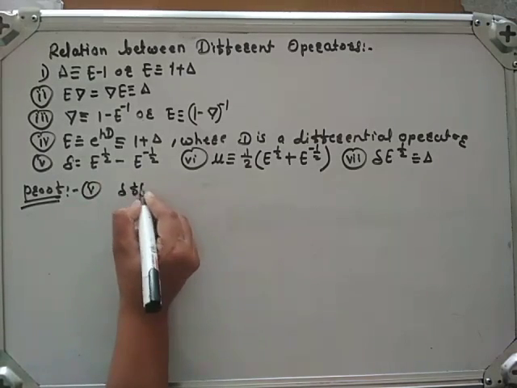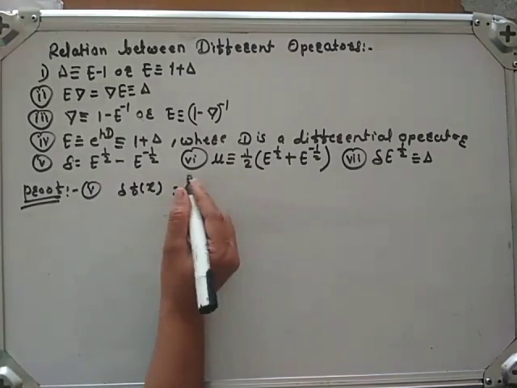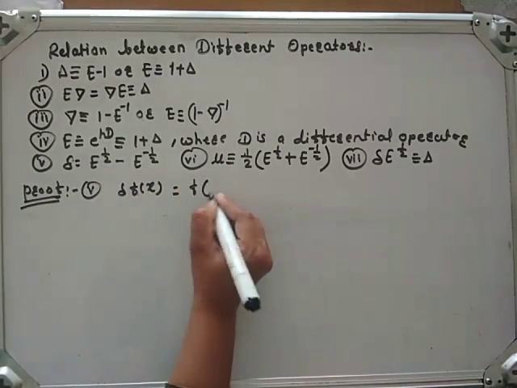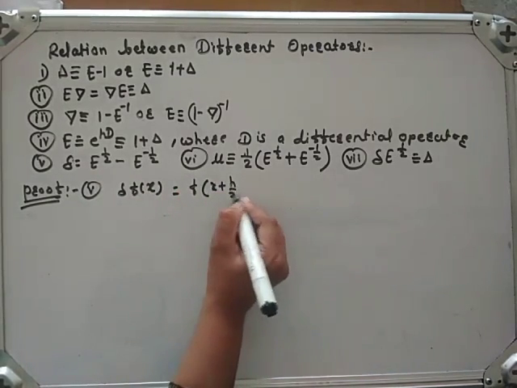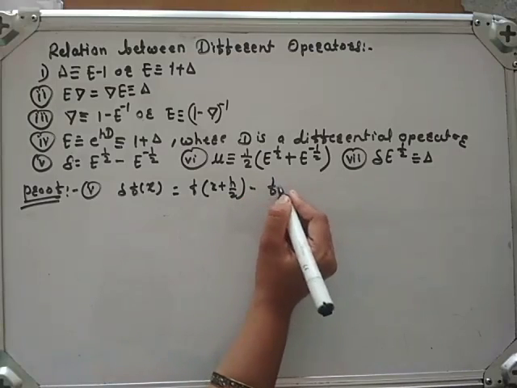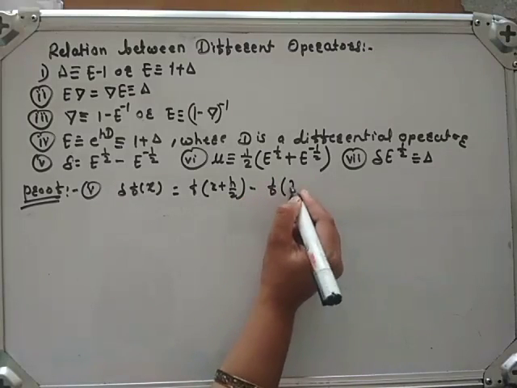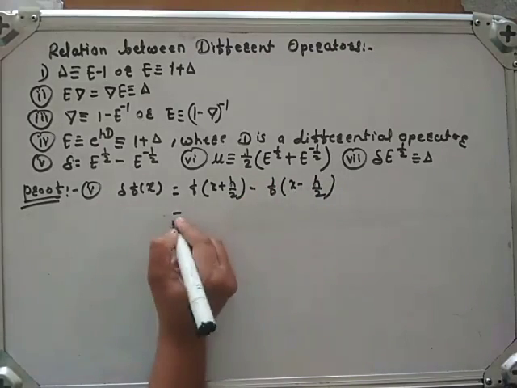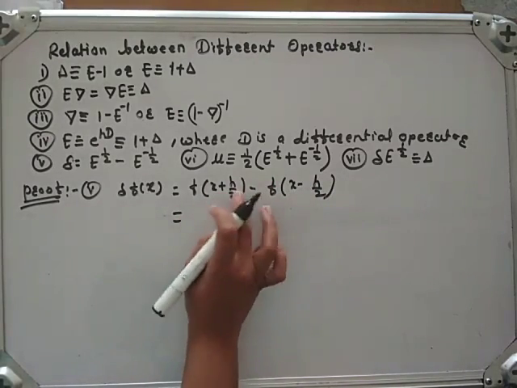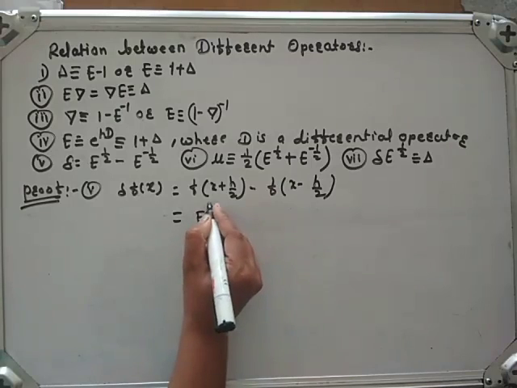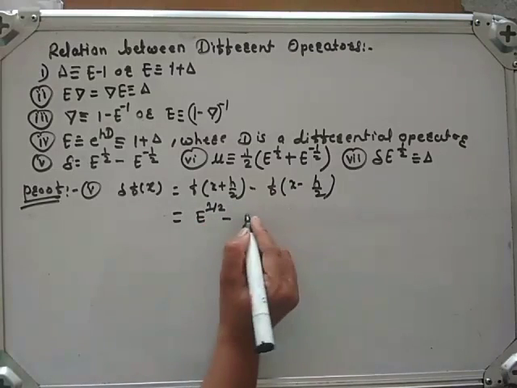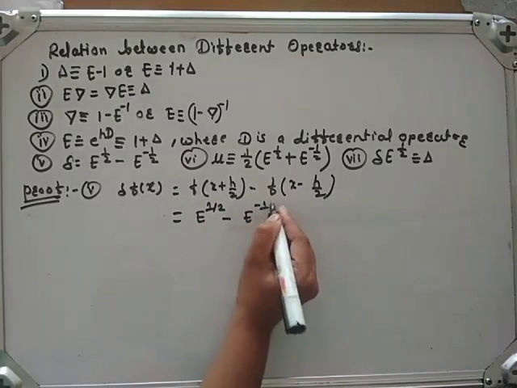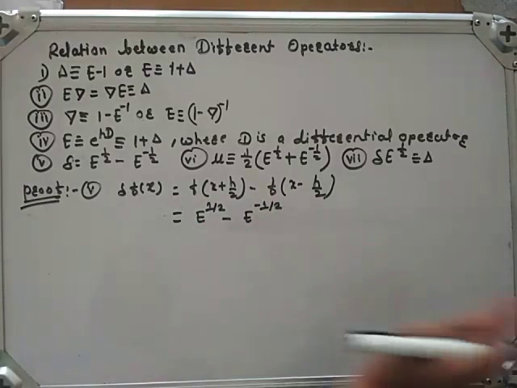Delta of f of x is equal to f of x plus h by 2 minus f of x minus h by 2. This f of x plus h by 2 is E raised to 1 by 2,